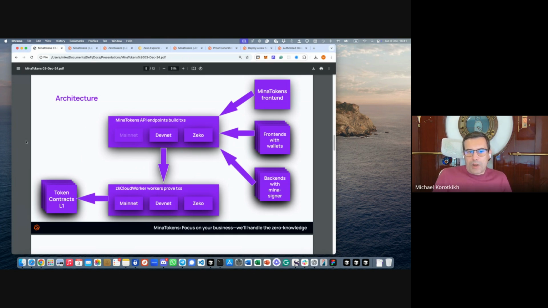What is under the hood? Under the hood, there are Mina token API endpoints that are now active for DevNet and for Zeko, and I use Zeko because it's fast for the previous demonstration. Mainnet